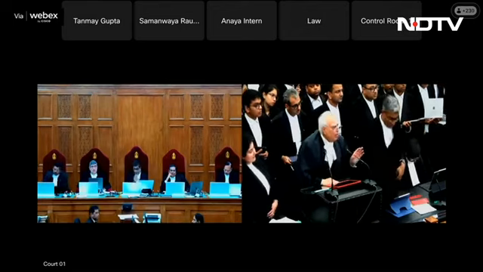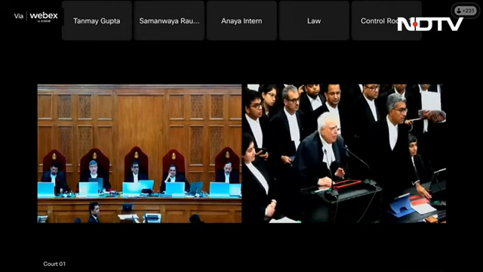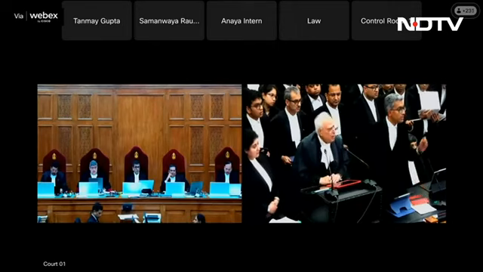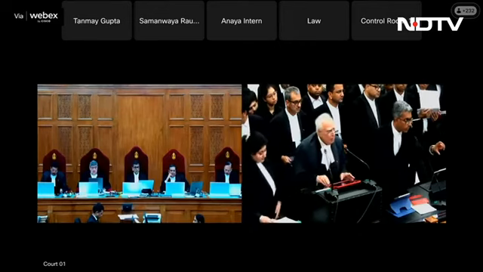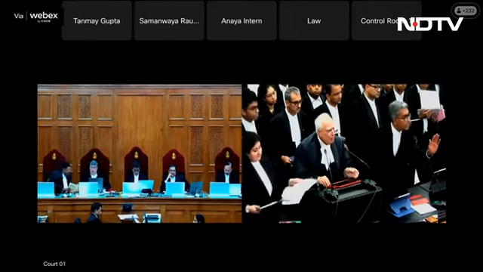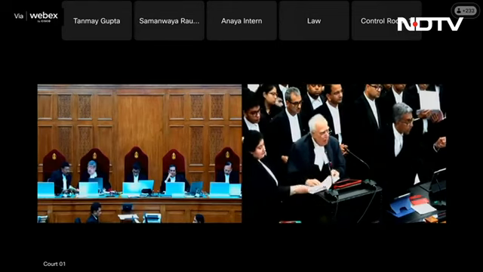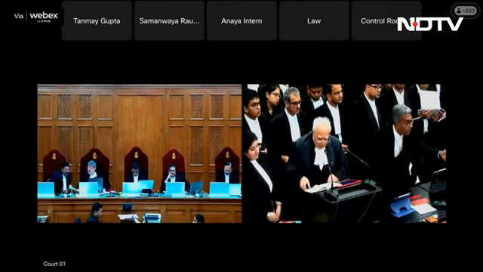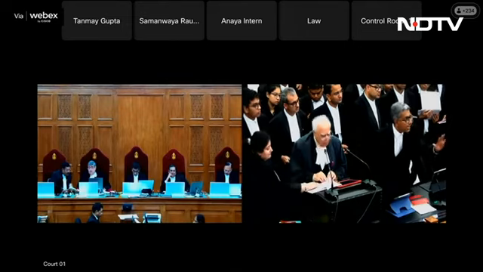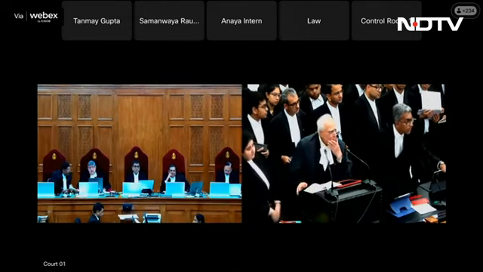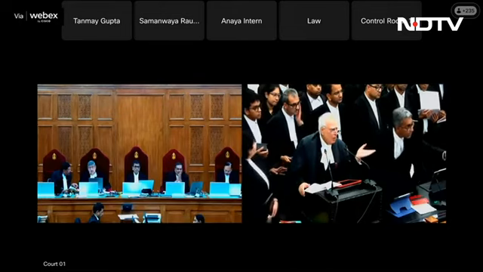No, not that. 370 belongs to that. It is inherent and integrated into 370 itself. It's not a new category. It's a category that exists. 370 clause 3 only provides that if you want to abrogate, there is a mechanism for abrogation, which is why it's temporary. Now, if 370 clause 3 is not brought into service, 370 clause 1 can be used, continuing with the legislative assembly and the government of Kashmir giving its consent, and the entirety of the constitution can be made applicable to Kashmir still under 370 clause 1. It can still be done. So the answer is not that it can't be done.